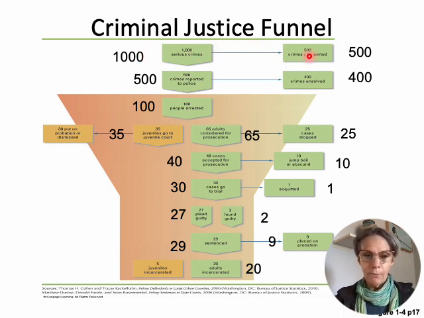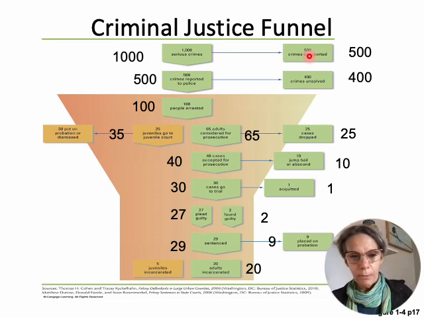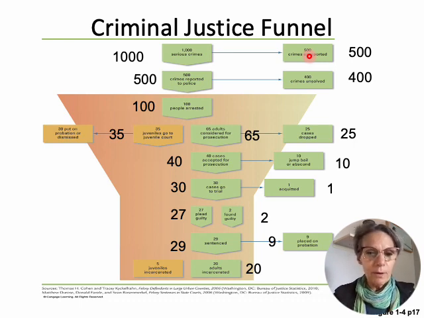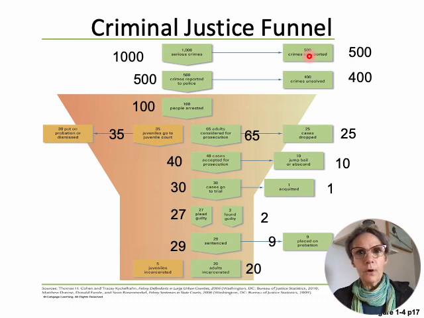Now, you might be asking yourself, how do we know if crimes are committed if they're not reported to the police? Well, in a few weeks, we're going to be learning about how we measure crime. One way of measuring crime is to ask police and law enforcement whether a crime has been reported to them. Another way is to ask people if they've been victims of crime. You can be a victim of crime and still be a victim even though you never reported it to the police. That's how we know there are people who have been victimized but it never got reported to the police. Of the 500 that were reported to the police,